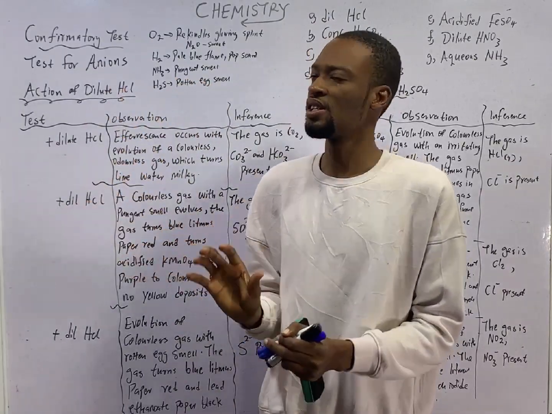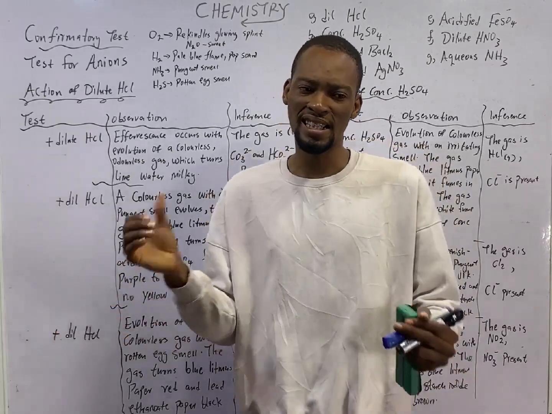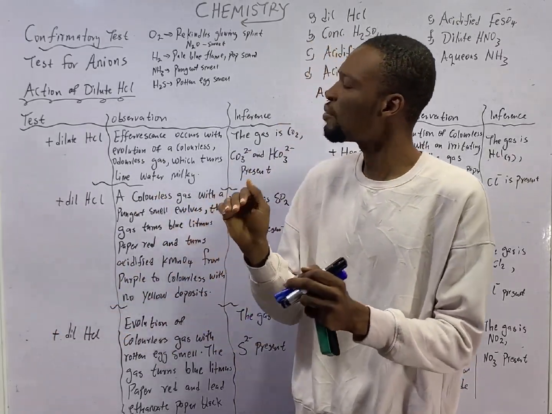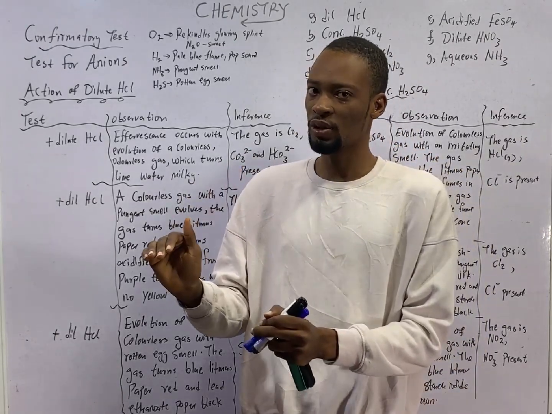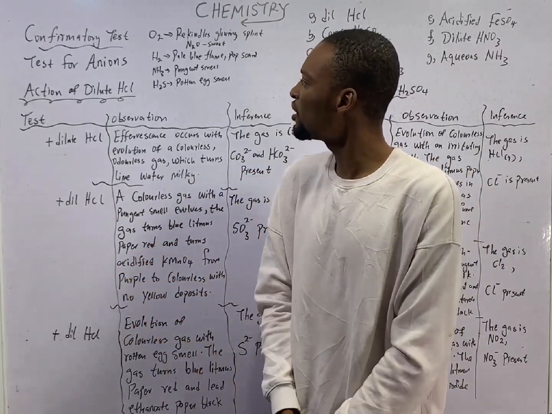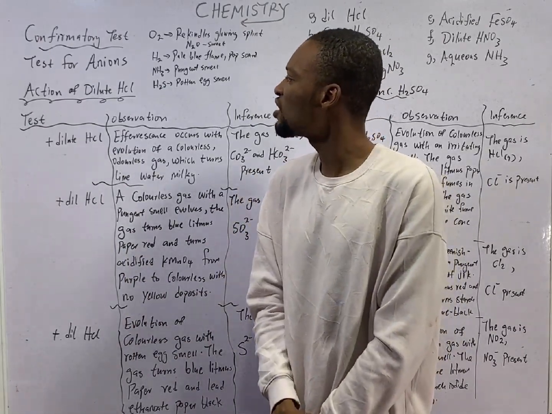Meanwhile, oxygen is odorless. The test for hydrogen gas is that it burns with a pale blue flame and it makes a pop sound. The test for ammonia is that it has a pungent smell, while hydrogen sulfide H2S has